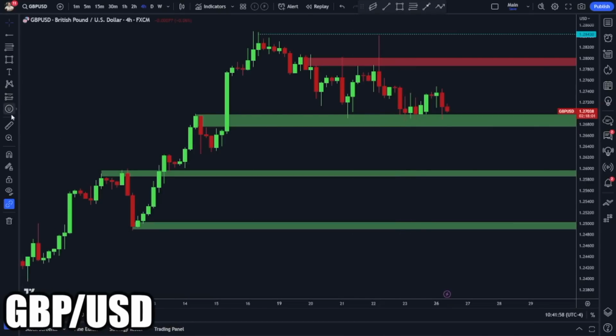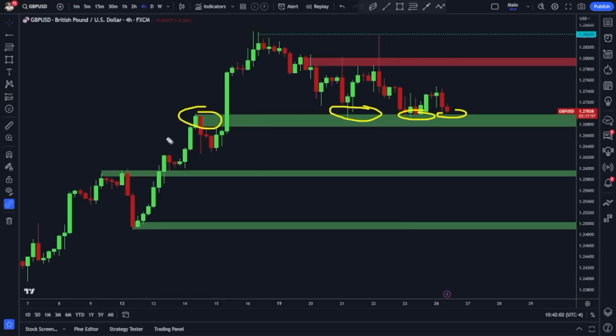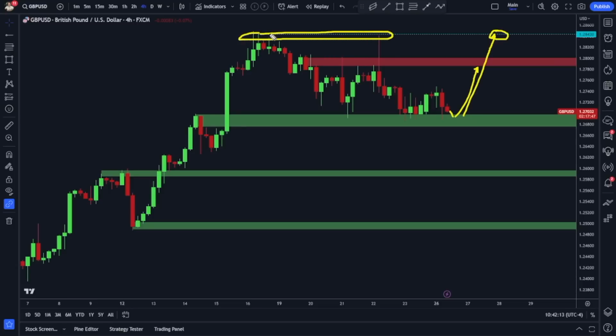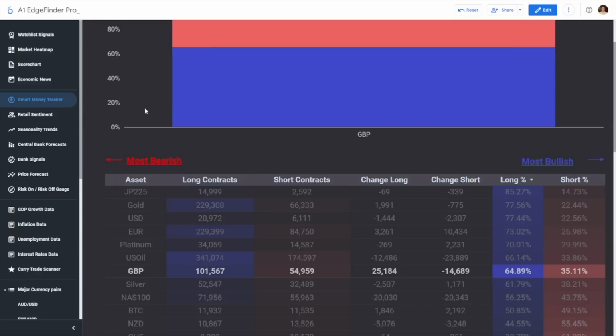Here's the pound. Pound looks really strong. I'm going to show you guys some data here in just a moment. So GBP/USD holding support here looks likely. I think we do see a return back to the highs sometime in the near future. Short term, that is kind of my target on the GBP/USD. This one looks really bullish, and I want to show you a couple key indicators as to why.